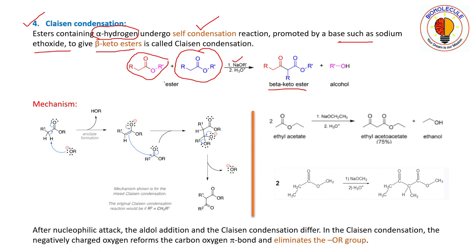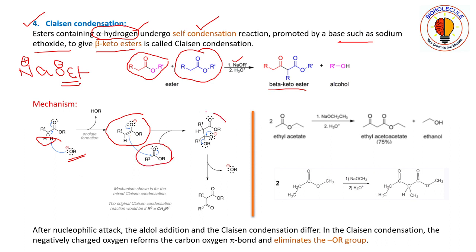So sodium ethoxide, that means here NaOEt, so this OEt minus and here Na plus. This alkoxide base will abstract the acidic proton. These alpha hydrogens are acidic in nature because of this carbonyl group, that is the ester group. So this alkoxy base will abstract this proton to give you the enolate. Now this enolate will attack the second molecule of ester to give you this compound.